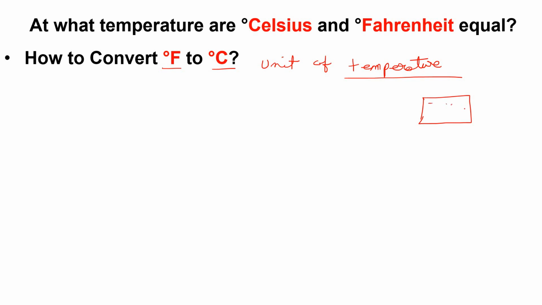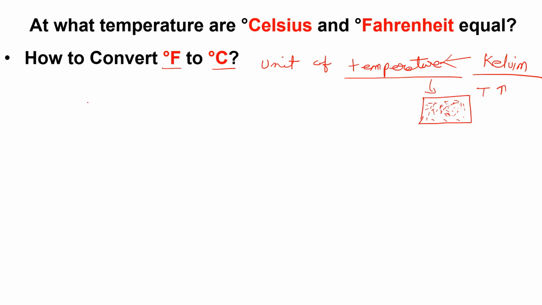If this is my body, the average kinetic energy of the molecules within that body is your temperature. If the kinetic energy of the molecules increases, the vibration increases, the internal energy of the body increases, hence your temperature will increase. Both of these are units of temperature, and the SI unit of temperature is the Kelvin.